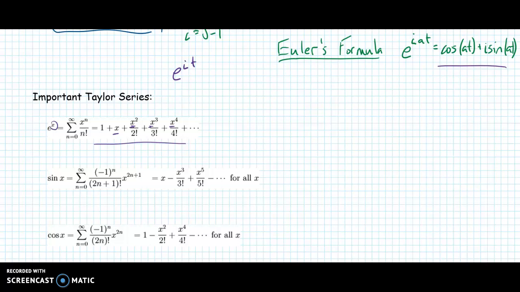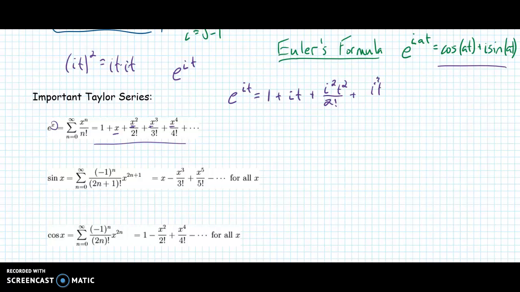So if I replace all those little underlined x's with it's, then I'm using this Taylor series expansion to rewrite e to the it. So e to the it is equal to 1 plus i times t plus i squared t squared, because that would be it squared, and then I could reorder it, over 2 factorial plus